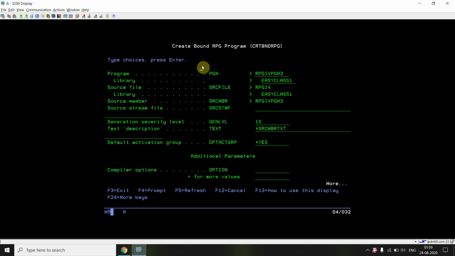So we are creating a simple RPG4 OPM compatible program using the default activation group set as *YES.